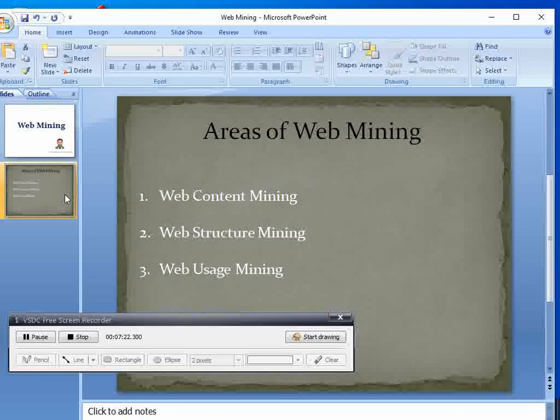We have clustering, classification, regression, prediction, optimization. These are the issues pertaining to data mining, whereas in web mining we have content mining, web structure mining, and all these things. So that is all